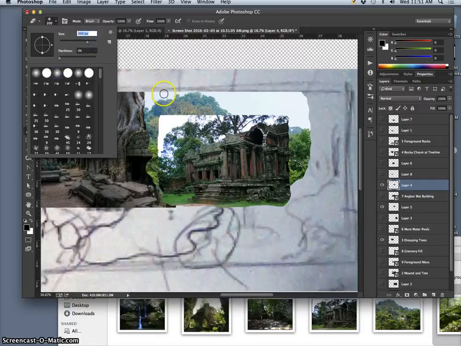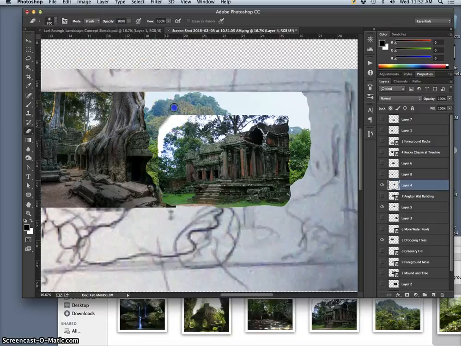You know, bigger than a pencil eraser as I'm working. I want the opacity to be 100%. I want the flow to be 100%. I want the mode to be a brush mode. And that way I can just erase away completely, but it's a nice soft edge. Right? But when I really want to erase and blend,